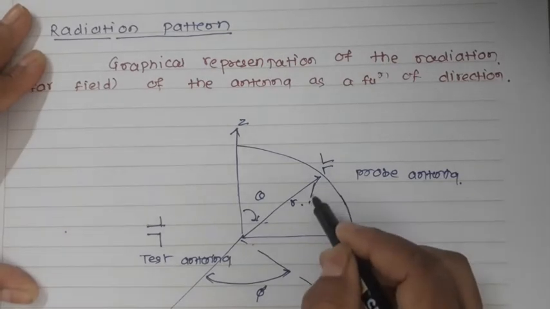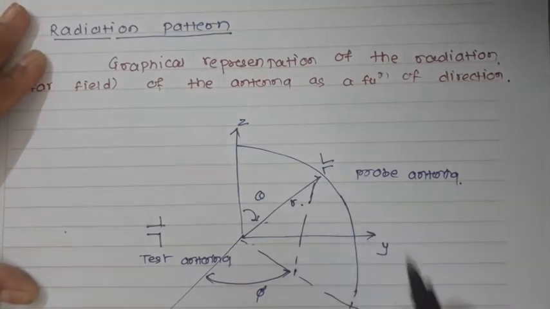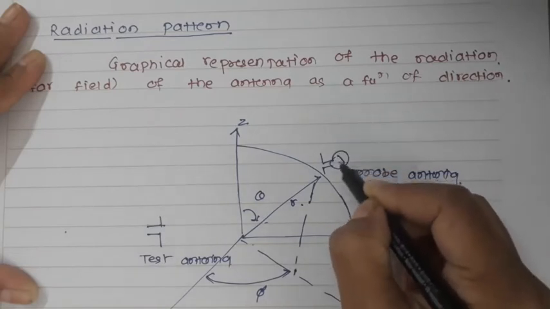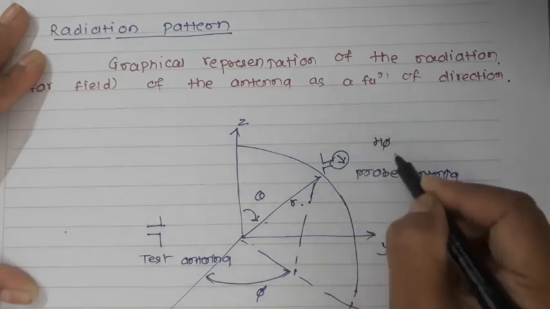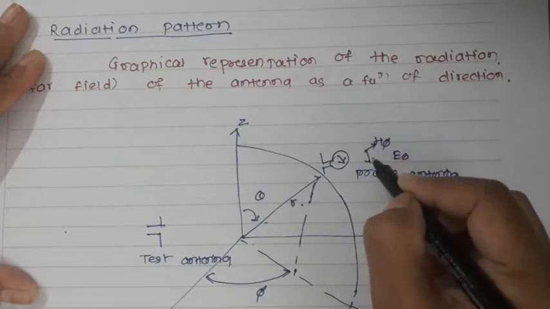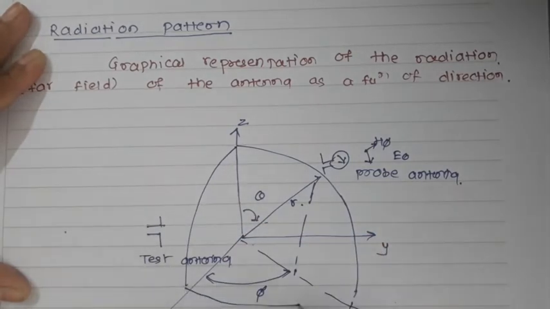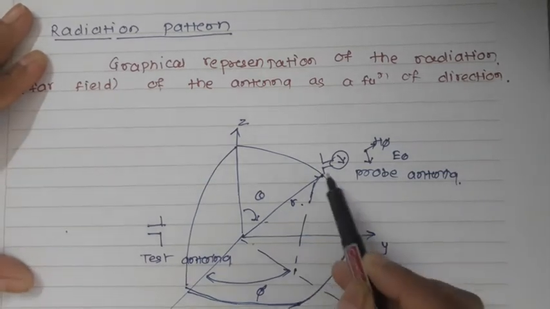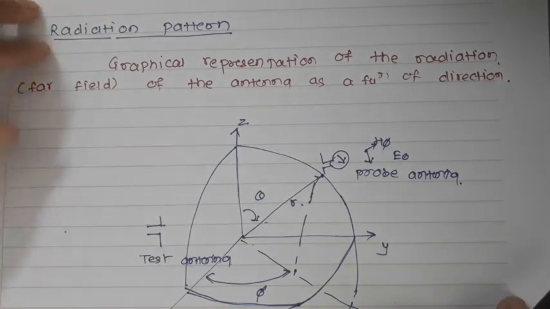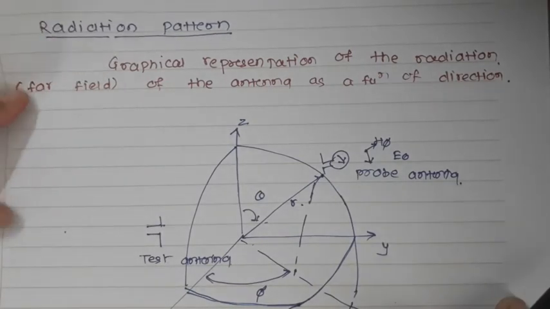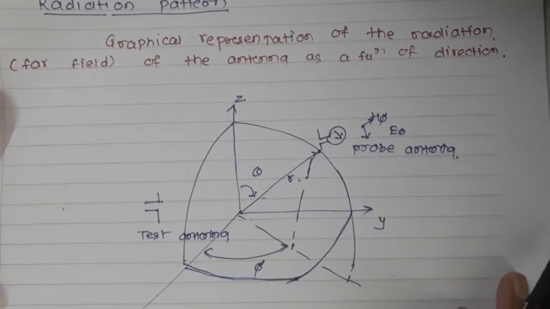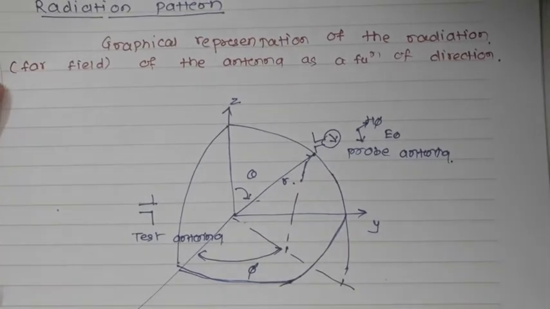So let us draw the perpendicular over here. As this particular antenna is the probe antenna, you will have both the components H phi and E theta like this. When we are talking about the spherical coordinate system, this is the representation of your antenna fields in the spherical coordinate system. So in the measurement, we move a probe antenna around the test antenna at a constant distance from it, and note the response as a function of the angular coordinate. So this is the process of how we measure the radiation pattern of any antenna.